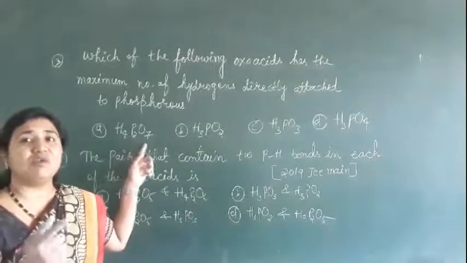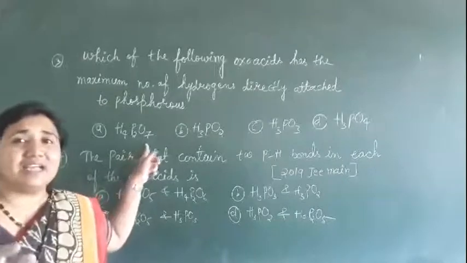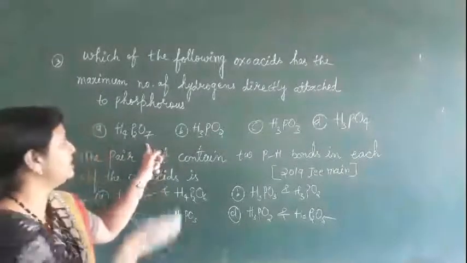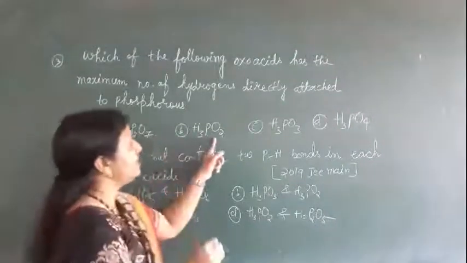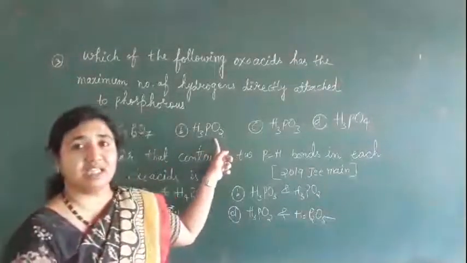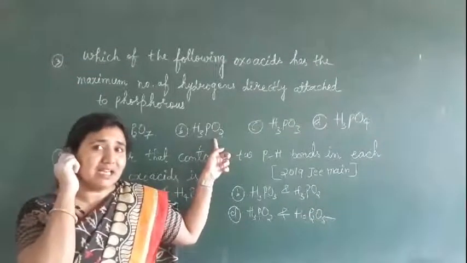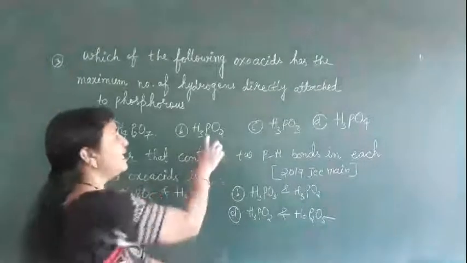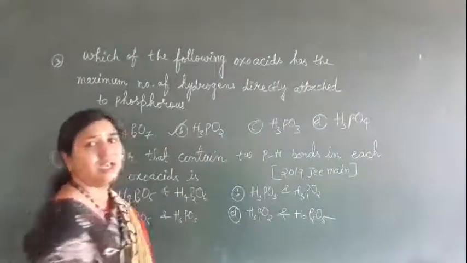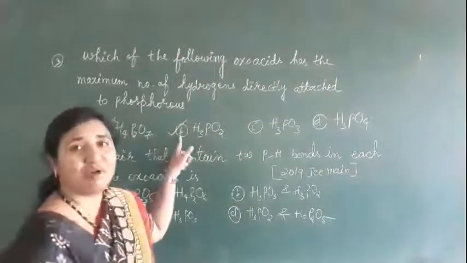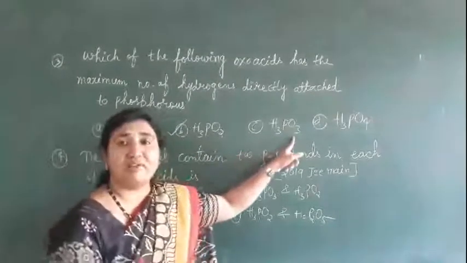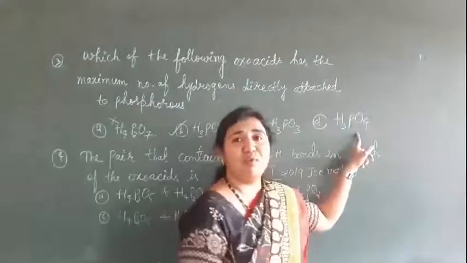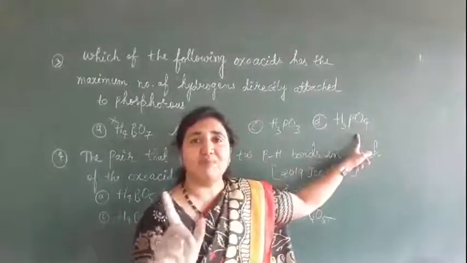This is pyrophosphoric acid. As I said, phosphoric acid doesn't have a P-H bond, so this is cancelled. Now, H3PO3 is phosphorous acid, with one P-H bond. H3PO2 is hypophosphorous acid; here we have 2 OH bonds and 2 P-H bonds. H3PO4 is phosphoric acid, with no P-H bond.